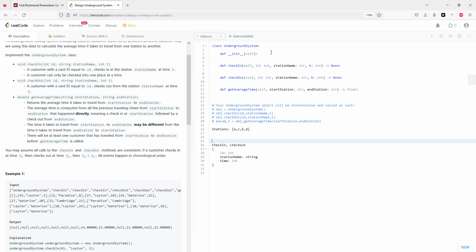Every time we check in and check out, we essentially are storing the set of information somewhere. So we have to think about how we want to store this, such that when we call get average time, we have some form. Well, we have an easy way of doing this. So I guess the simplest way to think about it is,